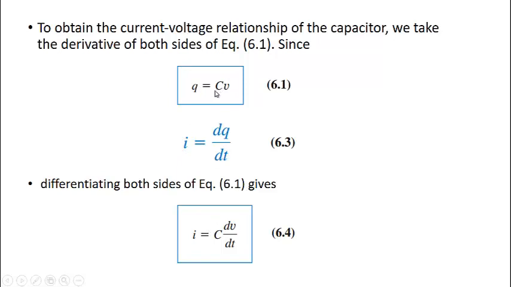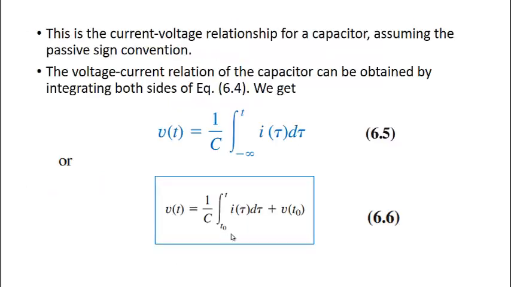C, we are taking this to be constant, independent of time. Its value is independent of time. That means it will be equal to, then i is equal to C dv by dt. That means the current that is flowing through the capacitance is given by C multiplied by the rate of change of voltage with respect to time. And this voltage should appear across the capacitance. This is the current-voltage relationship for a capacitor,